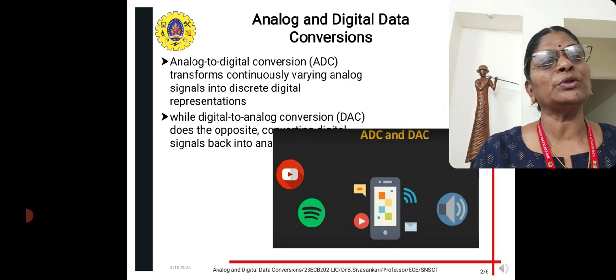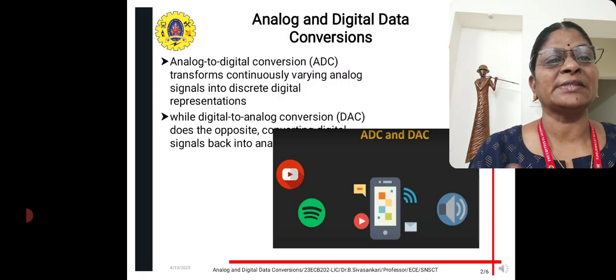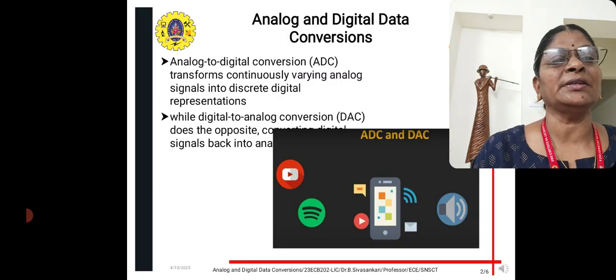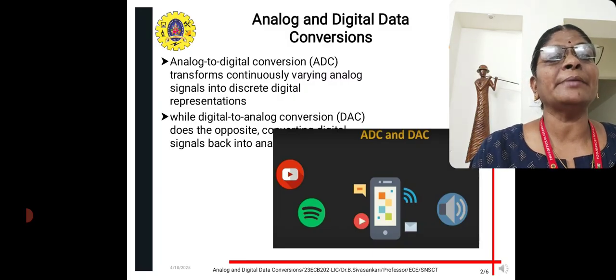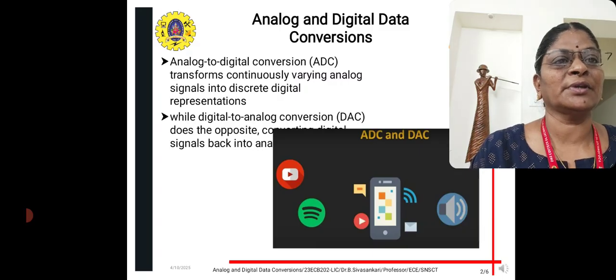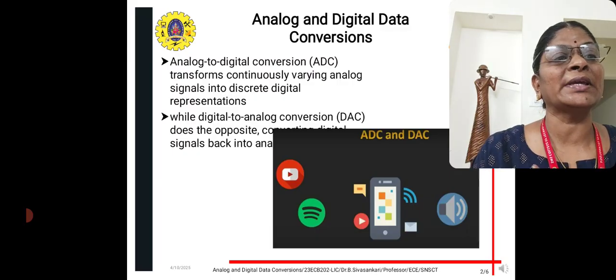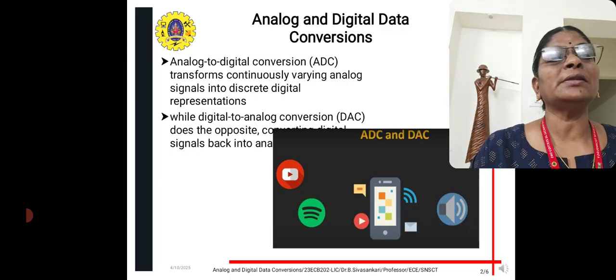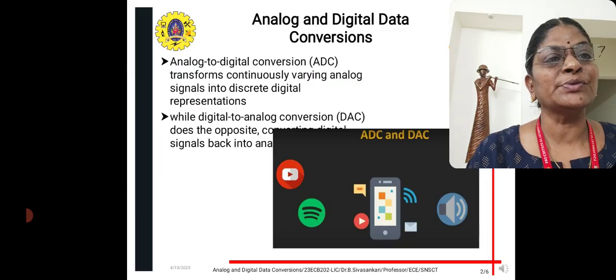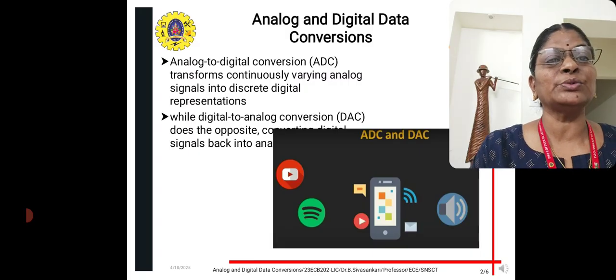So if we want to stream music, we'll fetch it from any source like YouTube, through our mobile phone. So when we get that music, how can we stream it? While fetching, the music is converted into